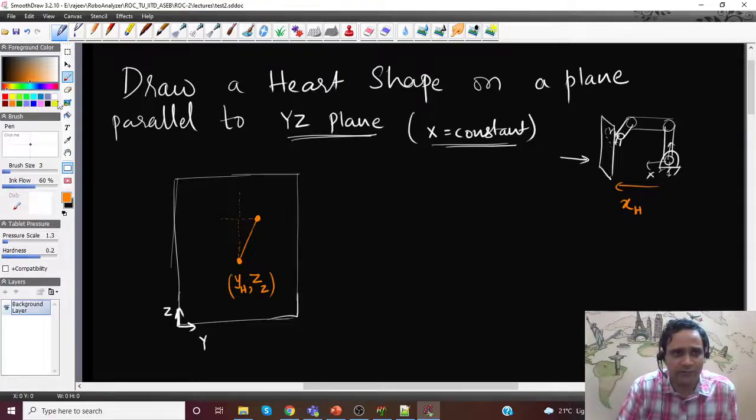So there will be one semicircle like this, and another semicircle like this, and finally one more straight line. This is one way of getting a heart shape. There is also some function called cardioid. You can try that as well. It's a continuous function.